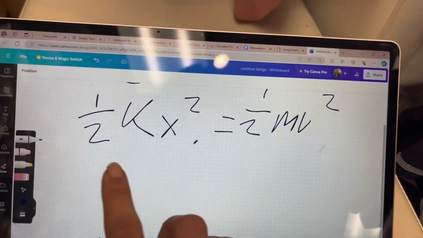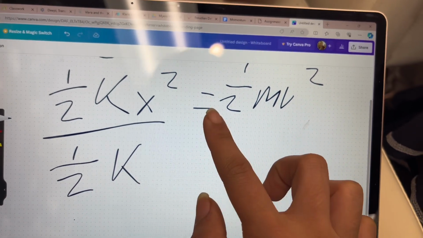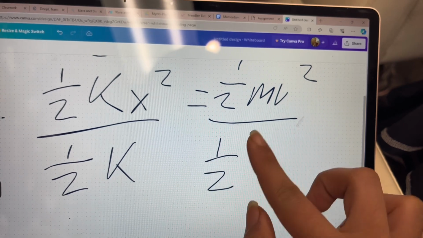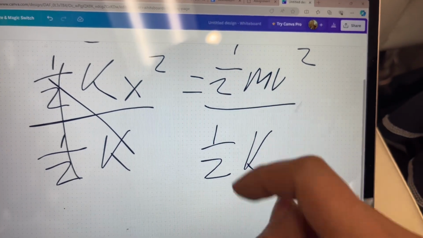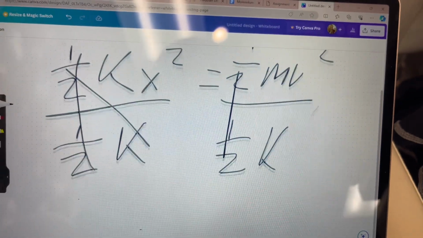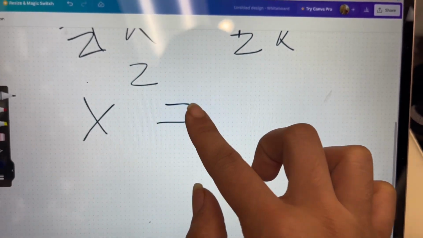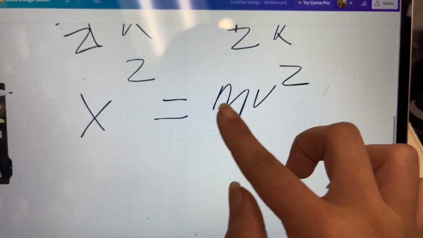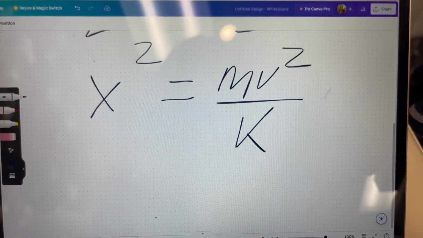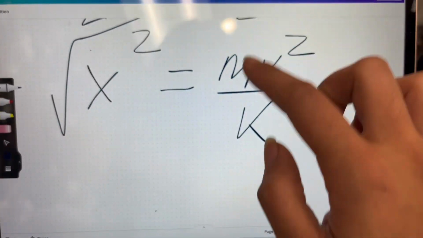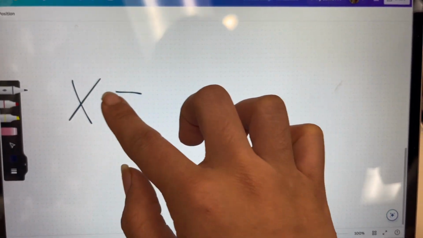So in order to do that, we will have to divide 1/2 k on both sides, and so 1/2 k will cancel out, and this will cancel out that 1/2 on this side, and that would leave us x squared equals mv squared over k. And since again we are trying to get x by itself, we would just have to square root on both sides, and then you would get the final equation, which is